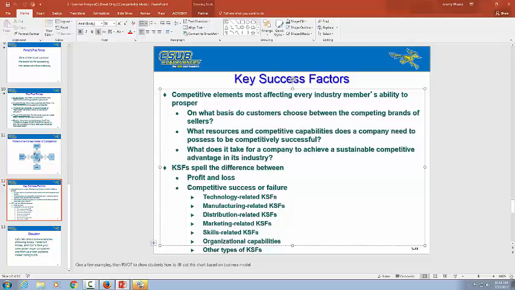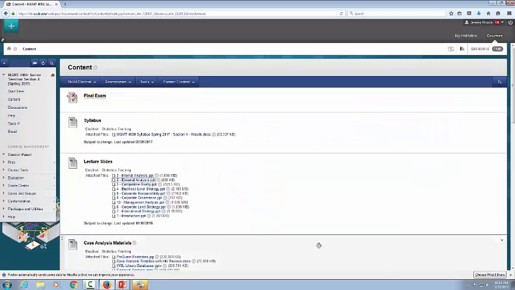Some of the types of key success factors are technology-related, manufacturing-related, distribution-related, marketing-related, skills-related. Sometimes they have to do with organizational capabilities as well. So in your case analysis document, this is still from last week's lecture. I just remembered that I forgot to go over this last week. In your case analysis document,